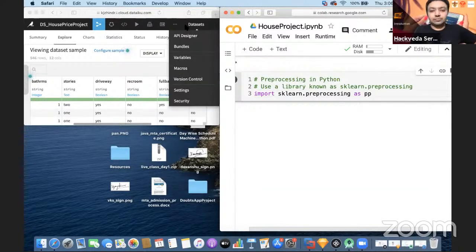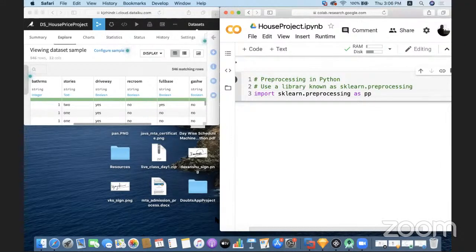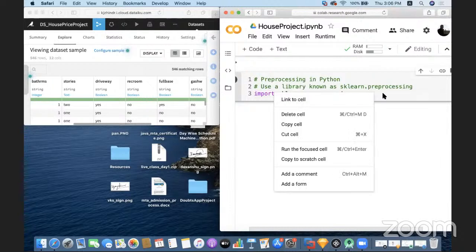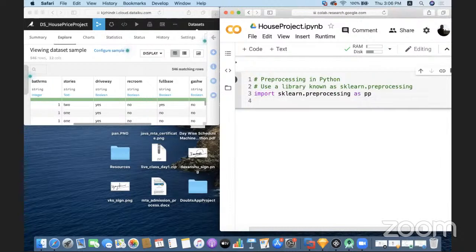Okay. Now pp has a certain number of methods available. One such method which we will be using with the pre-processing library is